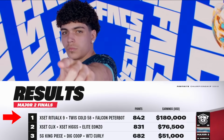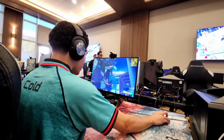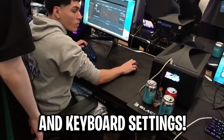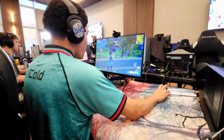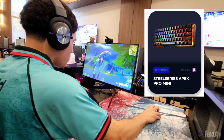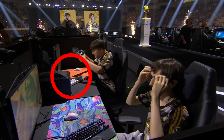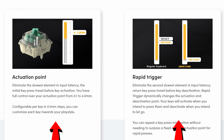Cold, the most recent FNCS champion, has just revealed his new Fortnite settings and gave us a look at his updated setup and keyboard settings. Starting off with the setup, we got a behind the scenes look at it in action, where you can see he's using the SteelSeries Apex Pro Mini, one of the most popular keyboards amongst pros, mainly because of two key